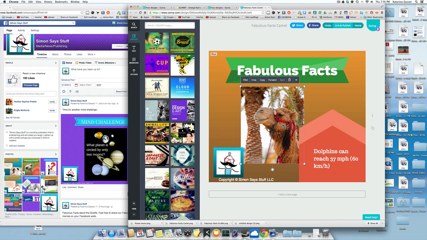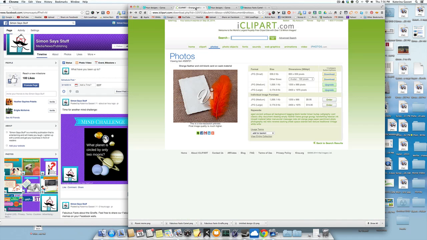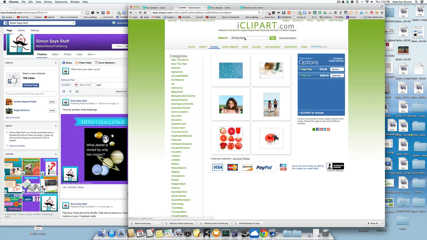Good. All right, so of course we don't want a picture of a camel, so we're just going to highlight it like this, and you can trash it right up there, or because I'm on a Mac, I can just click delete. Now, what I'm going to do is go to clip art and do a search in here. I always like to click on photos instead of clip art. I don't try to use clip art. So I'm going to look for a photo of a dolphin